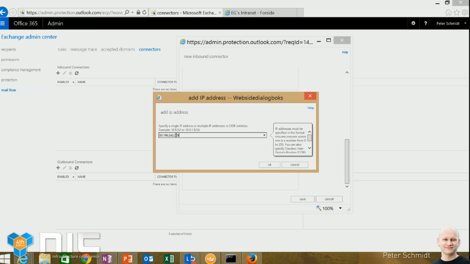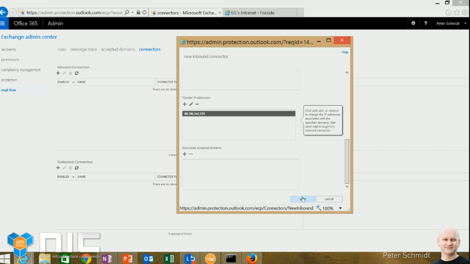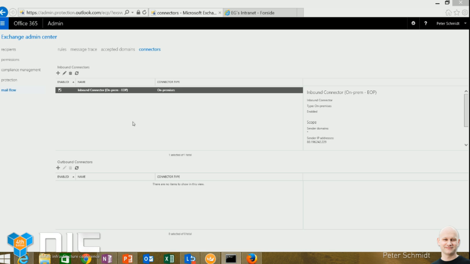It could be that you have more IPs that you need to put in here, and as stated in one of the previous slides, if you had multiple branch offices around the world, you can put in the different IPs from each of them in here and still have just one inbound connector. So now our inbound connector is set and the EUP is actually ready to receive mail from our on-prem environment.